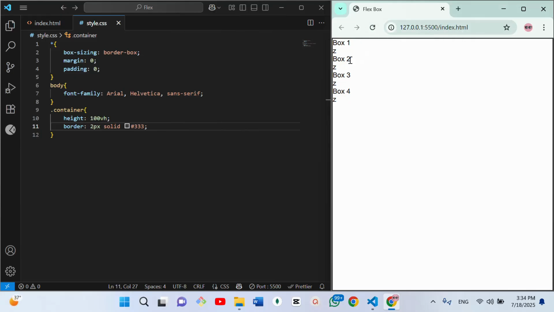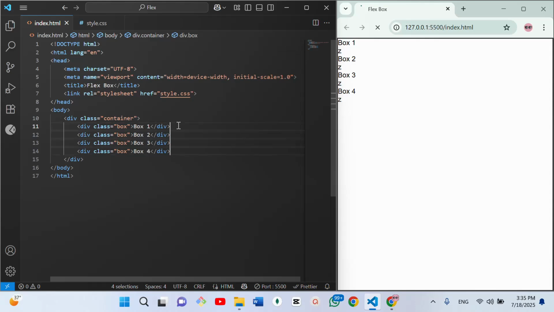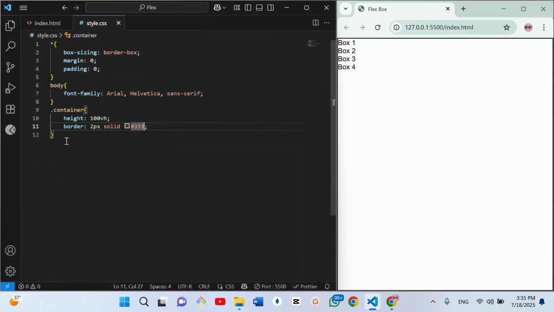So we have box 1, box 2, box 3, box 4. Where did I mistakenly put this Z? Okay, so let me check my HTML. Yeah, so we have this. Then I want to style the box. They all have the same class name, only their content differs. So I only have the first one with the content of box one, and followed like that for box two,